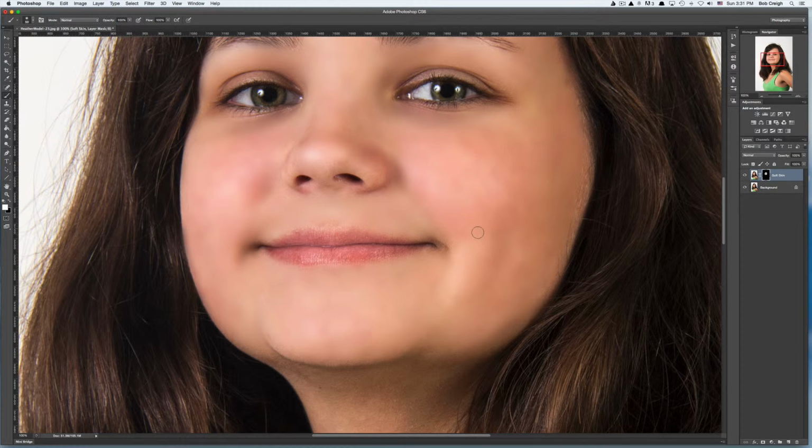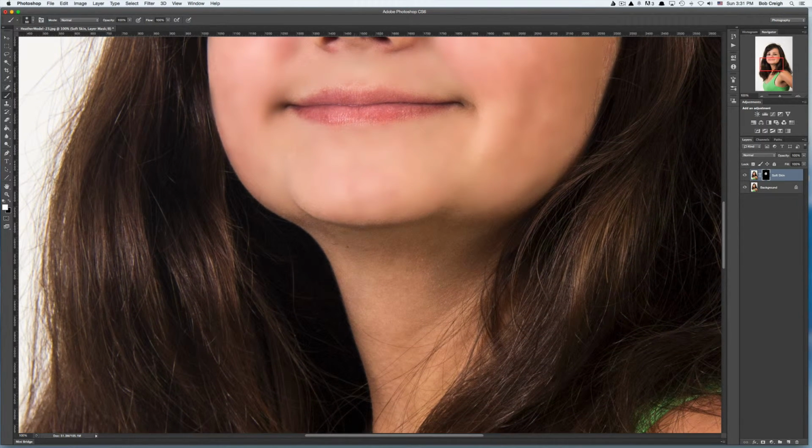All right. Now I'm going to go ahead and do just a little bit on the neck under the chin here. Here again, we want to leave the area that gives the line of the chin, because we don't want to lose that. That's some detail we don't want to lose. So once I get what I want done,